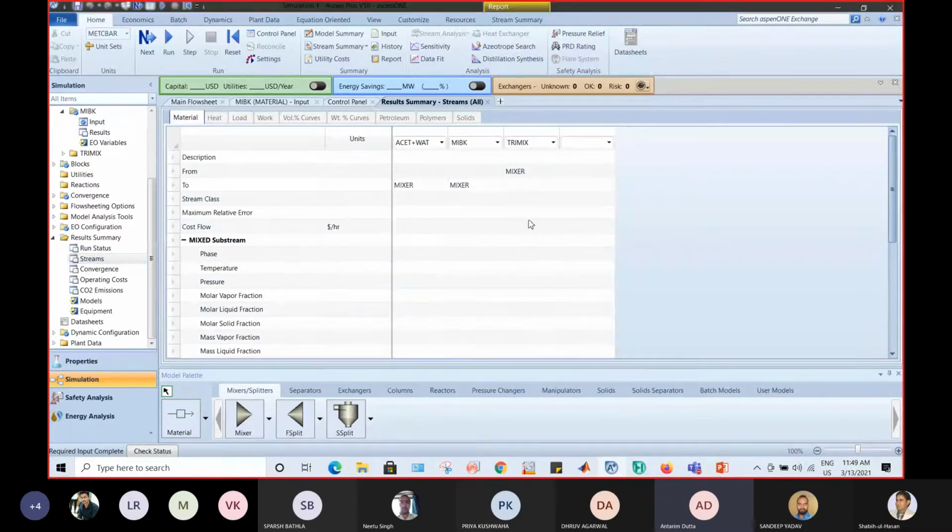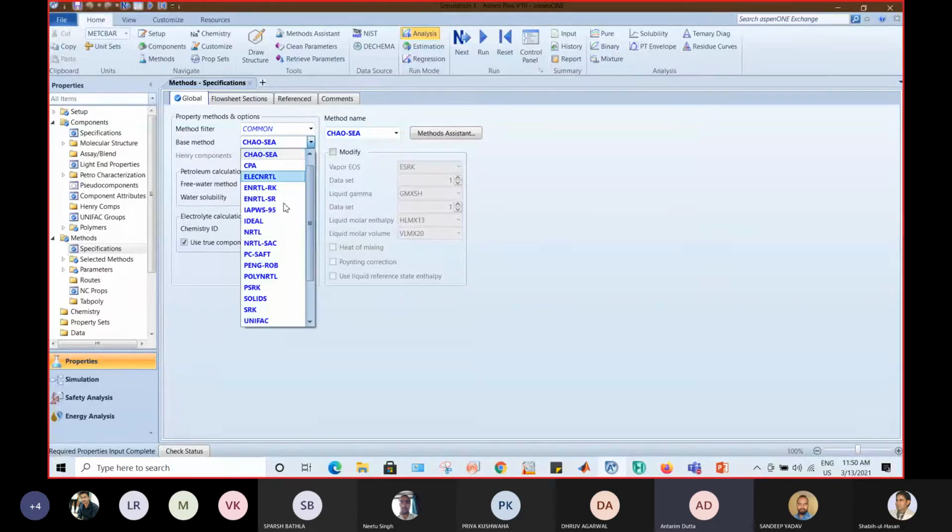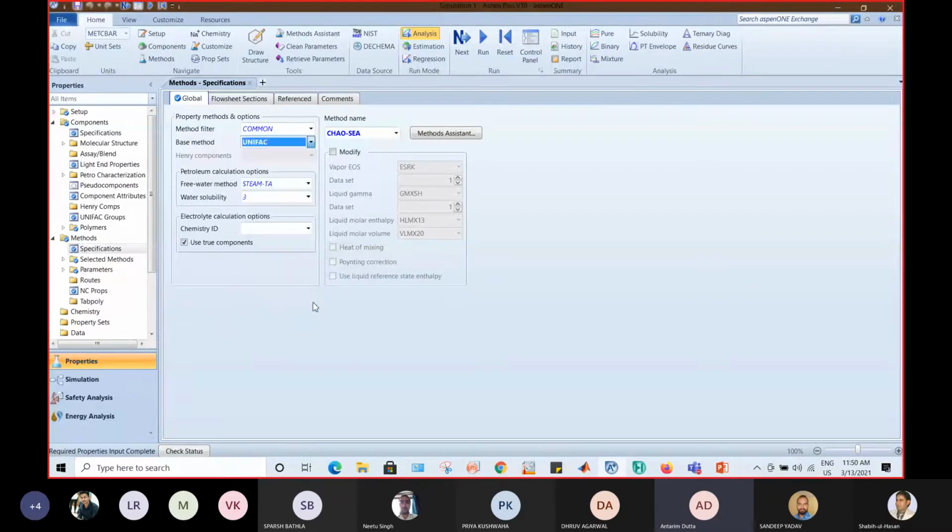I did this because I found out that the base method I selected is incorrect. So I will navigate to property analysis and correct myself. I will reset in this environment because the base method selected was wrong. Let us say I'm going for NRTL or UNIFAC. Let us say UNIFAC, which is a group contribution method. I will click next, next, and then run property analysis for one more thing.